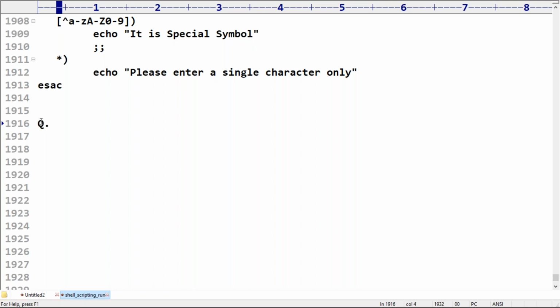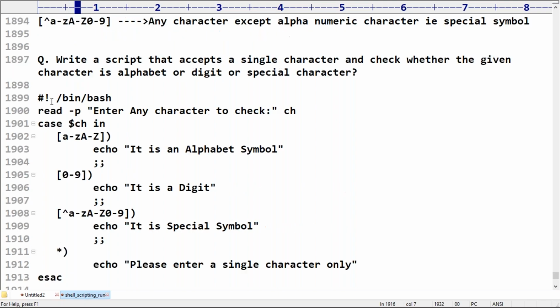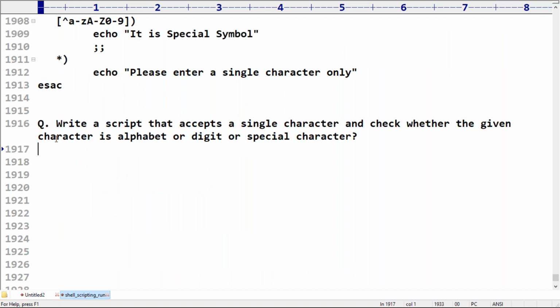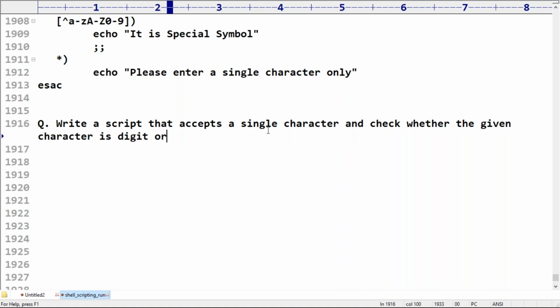More or less the same example with a small change, sir. What is that? Write a script. Now observe carefully. Write a script that accepts a single character and checks whether the given character is a digit or special character, or a vowel or consonant.